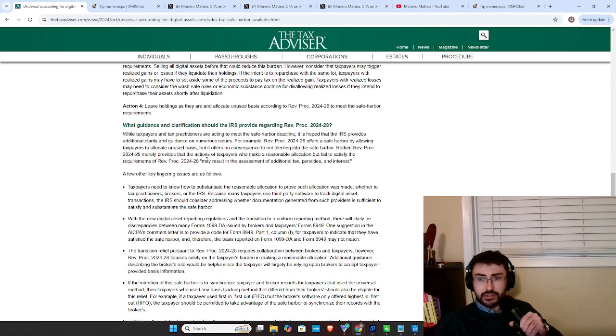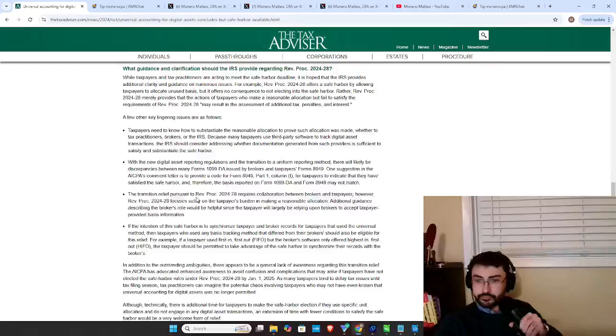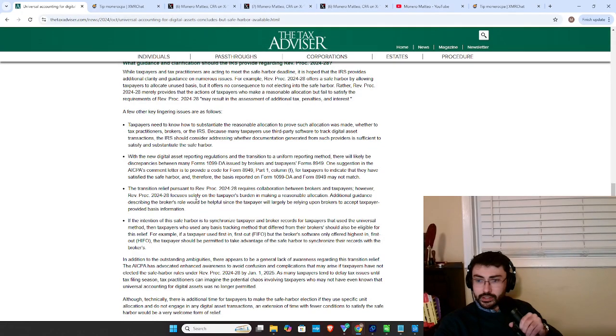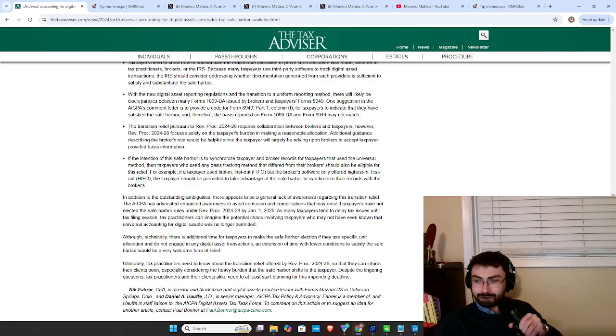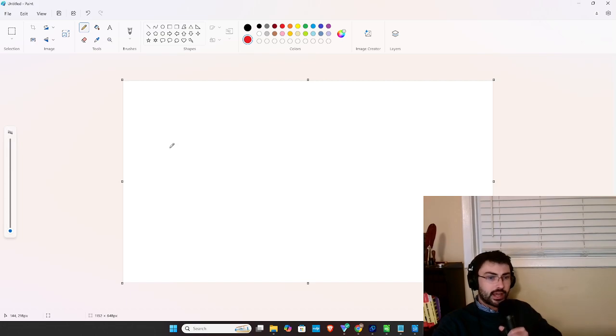Here's some suggestions. Yeah, they're advocating for using outside software. So yeah, these are good things to know. So let's give a little presentation on kind of how this works. I'm not going to draw 50 wallets of pure Ragnarok, but I'll draw three. Okay, so you've got